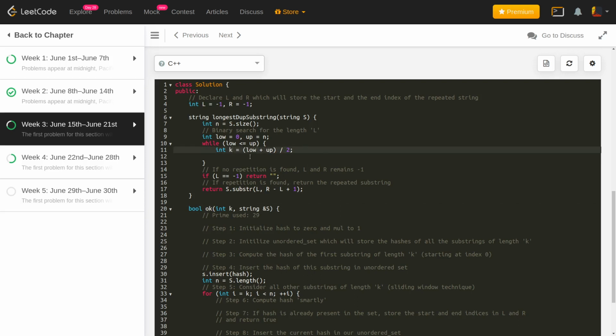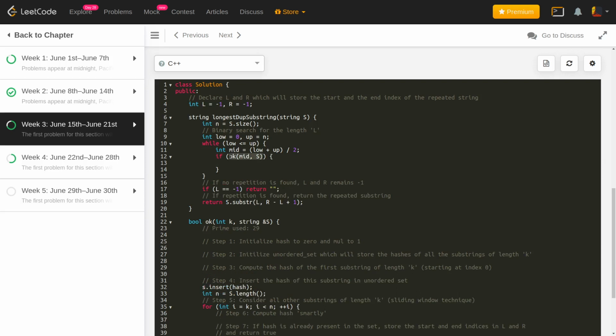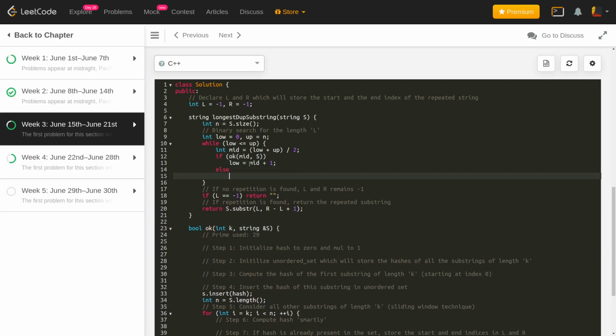So is there any substring of length k which gets repeated in this string s? I'll be checking if OK of mid comma s returns true. That means that I have found a substring of length mid, or of length k, which repeats in this string s. So I'll make low as mid plus 1, and if I'm not able to find it, I'll make up as mid minus 1.